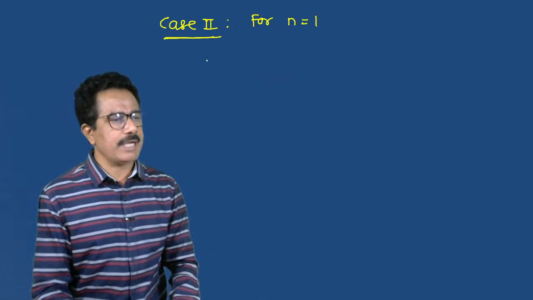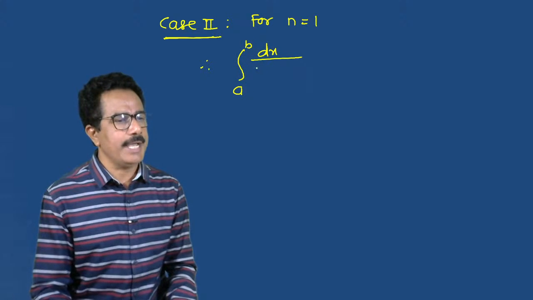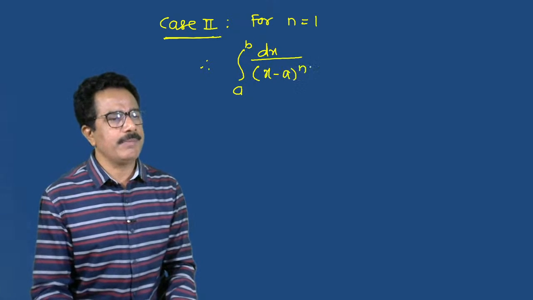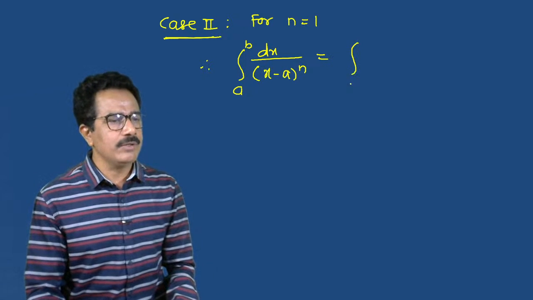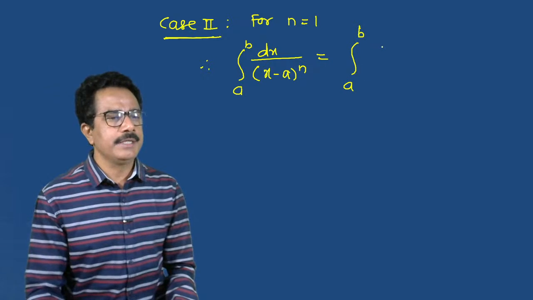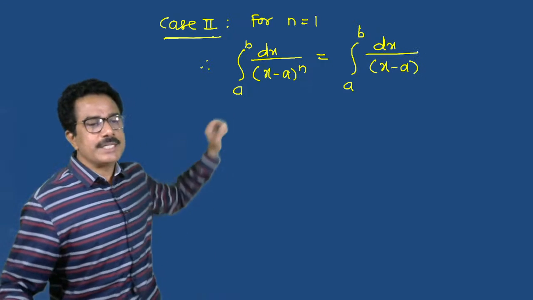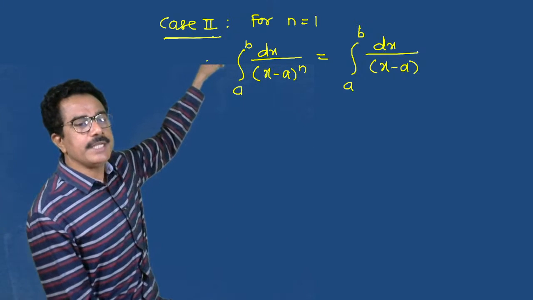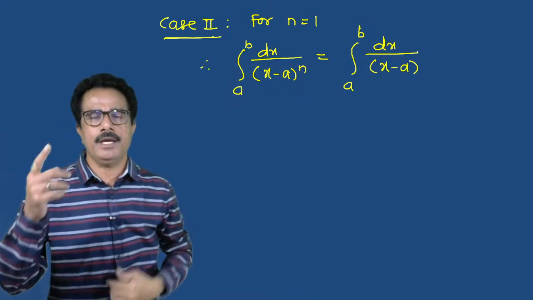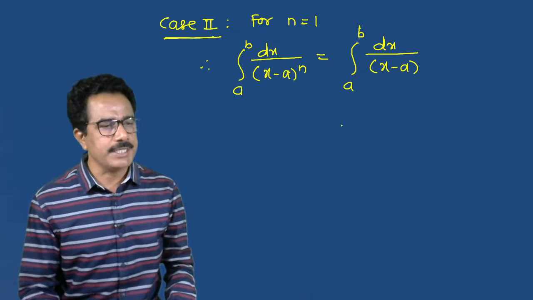For n equal to 1, what happens? The integral from a to b of dx divided by (x minus a) raised to n. If we put n equal to 1, what is the value of the integral from a to b of dx divided by x minus a? Now students, you tell me, what is the integral of this? If we put n equal to 1, then the integral of this function is